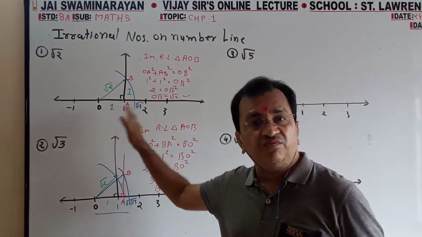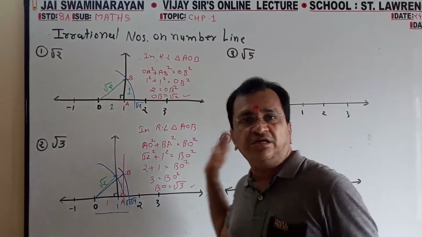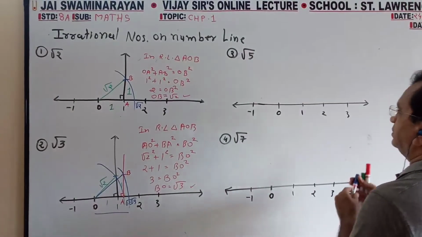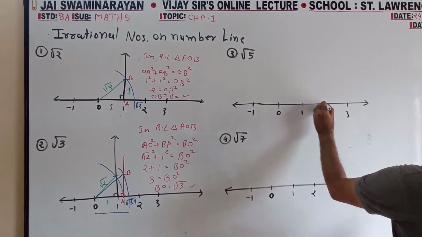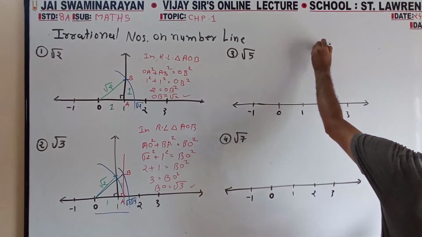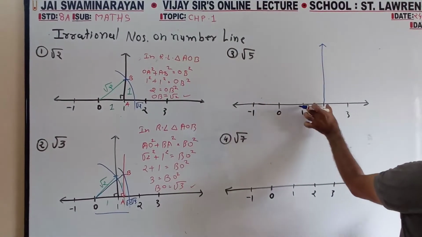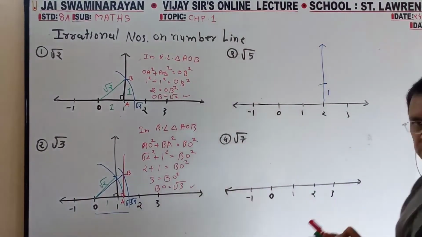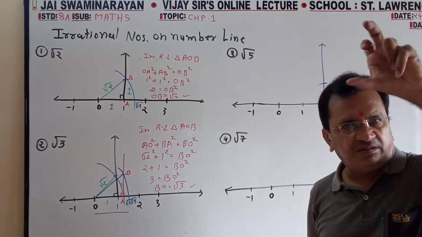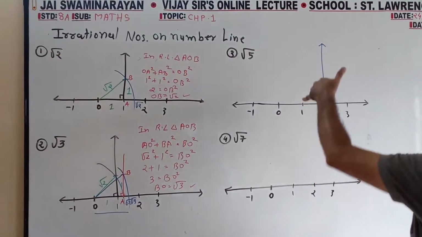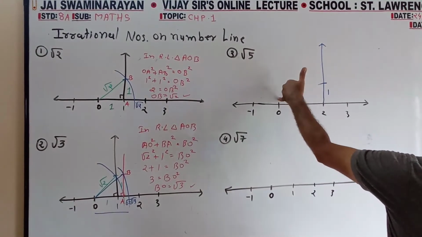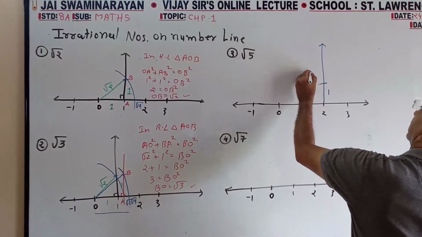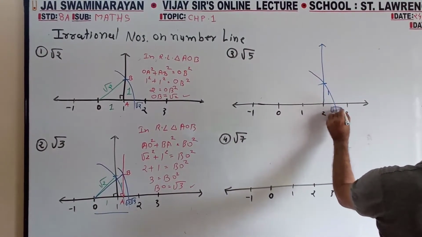Here I have taken 1, 1. Here I have taken root 2 and 1. Here I will take 2 and 1. 1 and 2 at 2 centimeters. I draw a perpendicular, but the height will be the same, as 3 centimeters means 1. This is 1. Base 2, height 1. Now again, compass point on O, pencil point on this, join. From here, cut. So this will be your root 5.